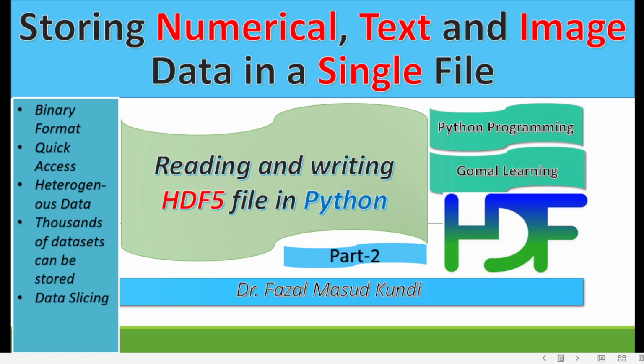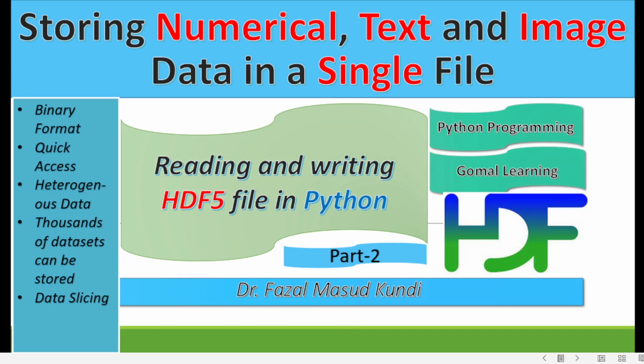Hierarchical data format file allows you to organize data within the file in many different structured ways, and it can store heterogeneous data. You can store numerical data, text data, image data in a single file, and then you can load particular data sets from the file without loading the entire file in the computer memory.